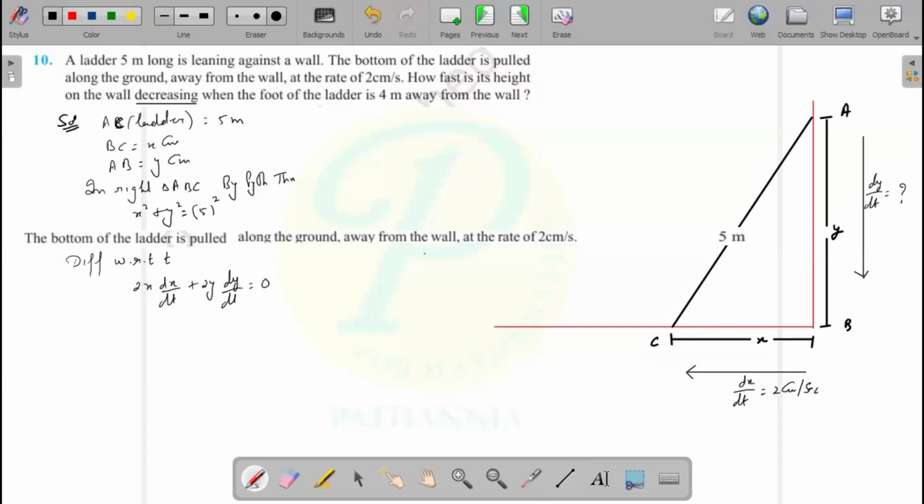And it is given to you that the foot of a ladder is pulled along the ground, so 2x dx upon dt plus 2y dy upon dt equals 0, and he asks you dy upon dt. So dy upon dt